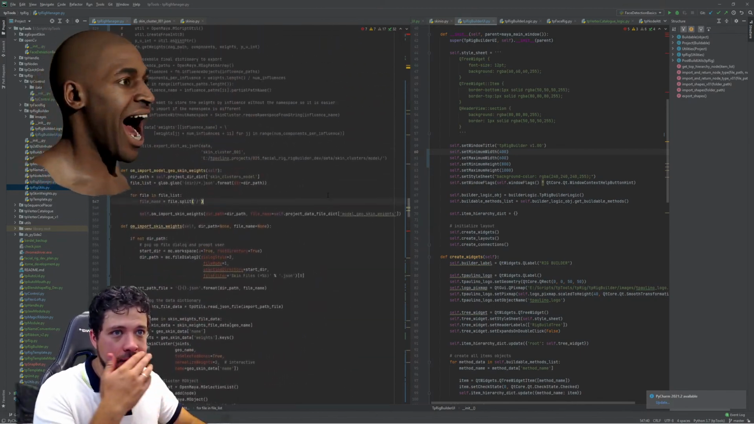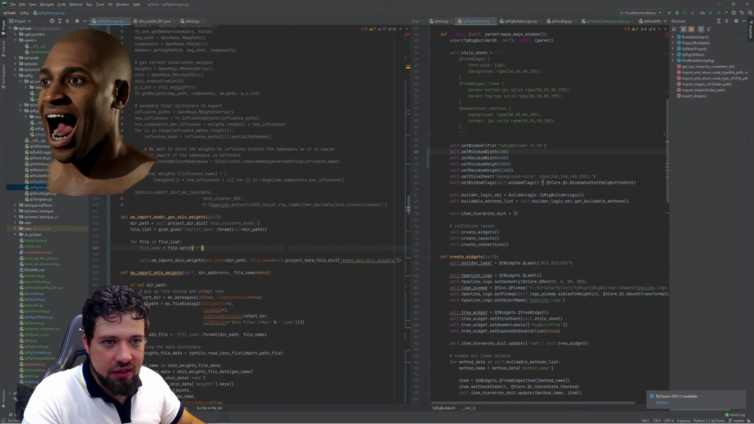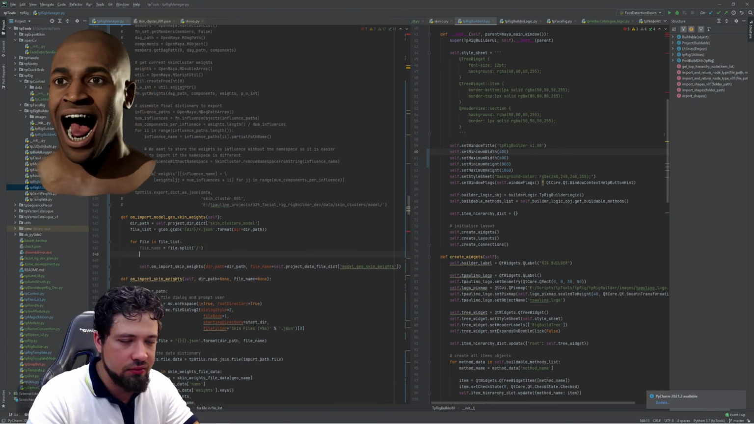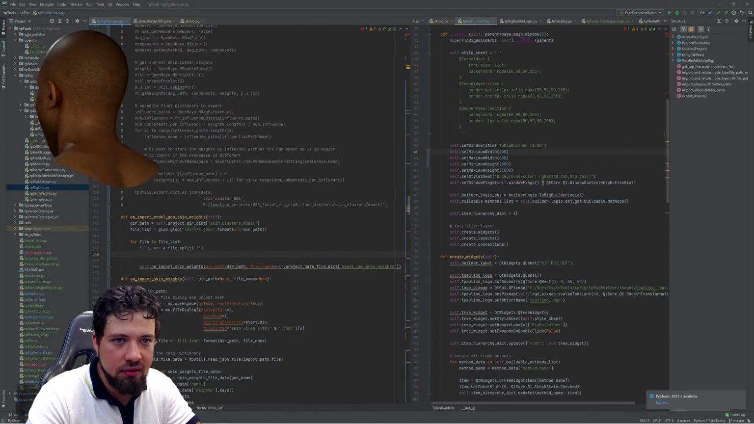Okay, I'm gonna have to print it later. Let's just check here. So the file name is going to be that, and that's going to return as the file name with the